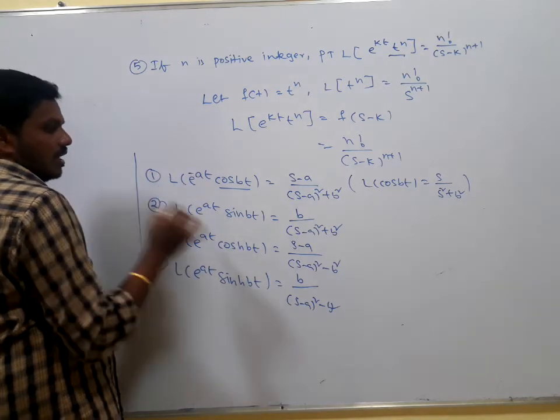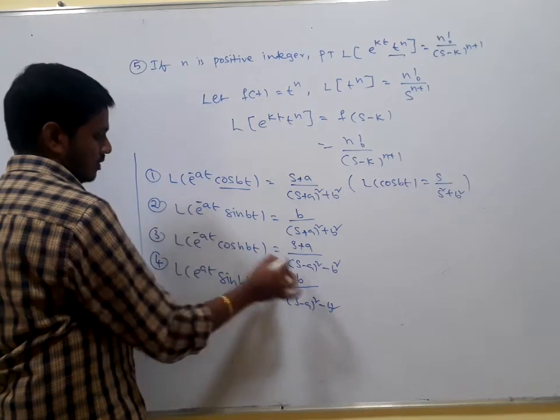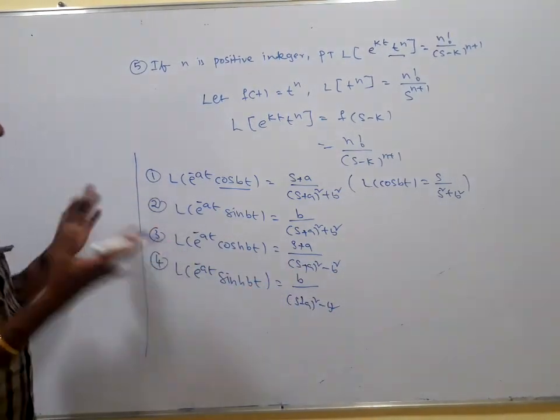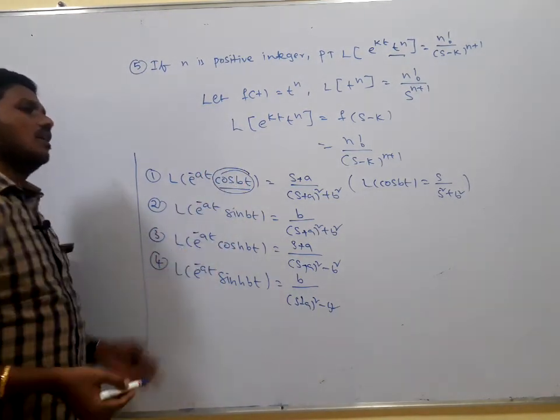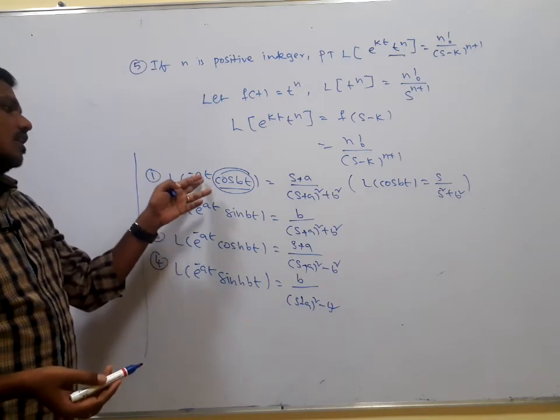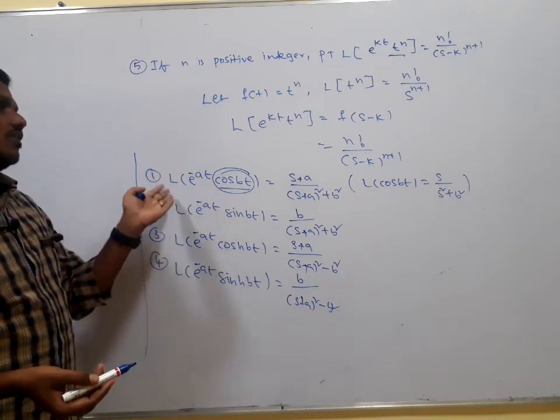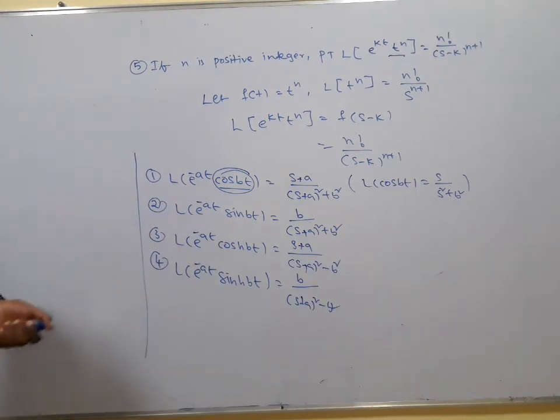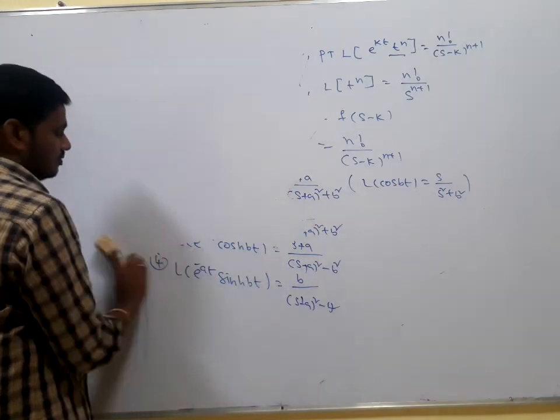If I am writing minus a, you will get plus a here. Here it is plus a, here plus a. Like that you can write the formulas. You can combine any problem. First we should find the Laplace transform of f of t. Then f of s is replaced by s plus a in case of e to the power of minus at, or in case of e to the power of at, s is replaced by s minus a. Right. This is the advantage of the first shifting theorem. We can write all the formulas, right? This is a way of evaluating the Laplace transform of the given function using the first shifting theorem.